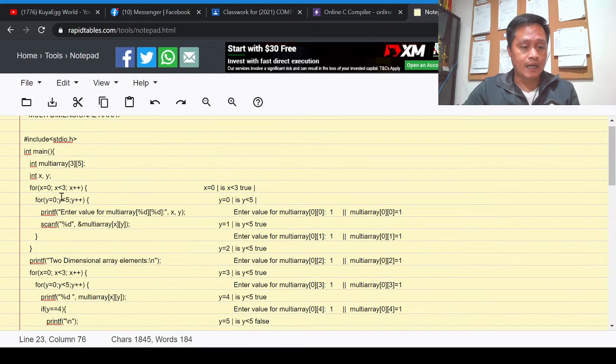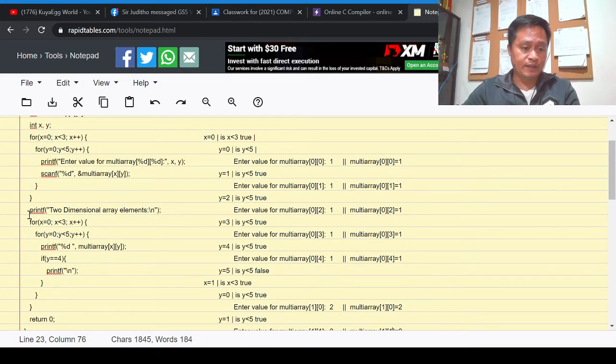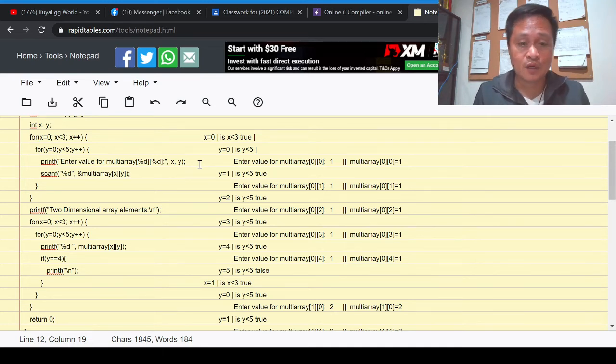And here, in this particular cycle, this one will be performed how many times? 3 times. And asking for the value, this one will be performed how many times? Not 5 times but 15 times. Why? Because the mother loop will loop 3 times and the inner loop will loop 5 times. So 5 times 3 is 15. So we'll be asking 15 values out from this